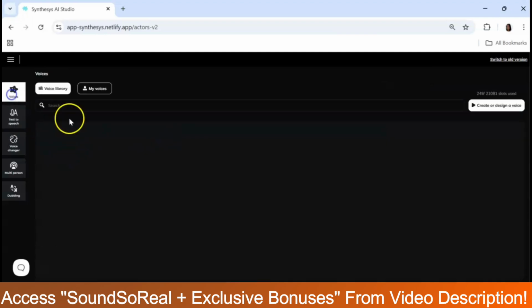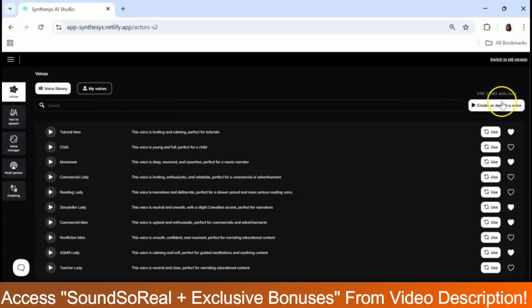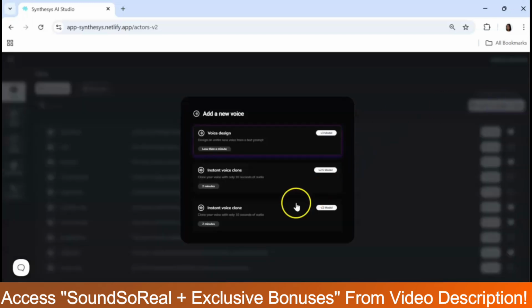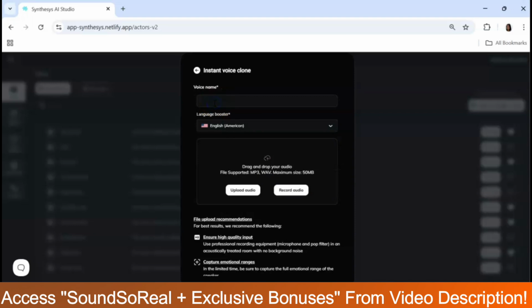But let's go back to voices and let's try creating a voice using the instant voice clone. Again, you have the option to choose between 2 models. It's just the model that we have with Synthesis through the years. Okay, so you can clone your voice with only 10 seconds of audio. Now let's try this version 2.5 model and enter a voice name for your cloned voice. So let's say